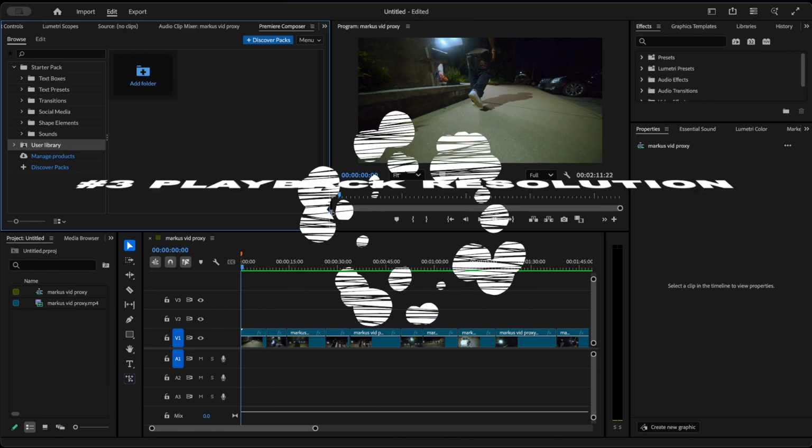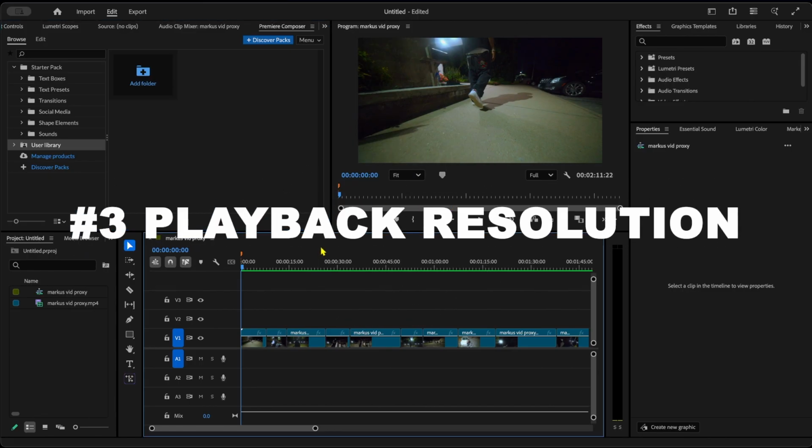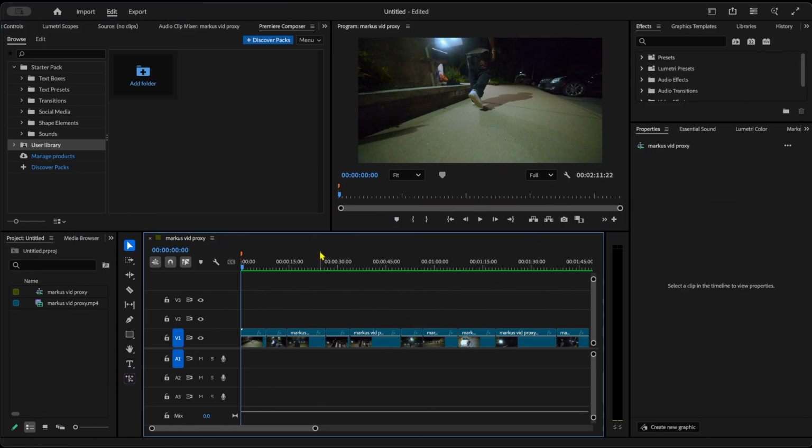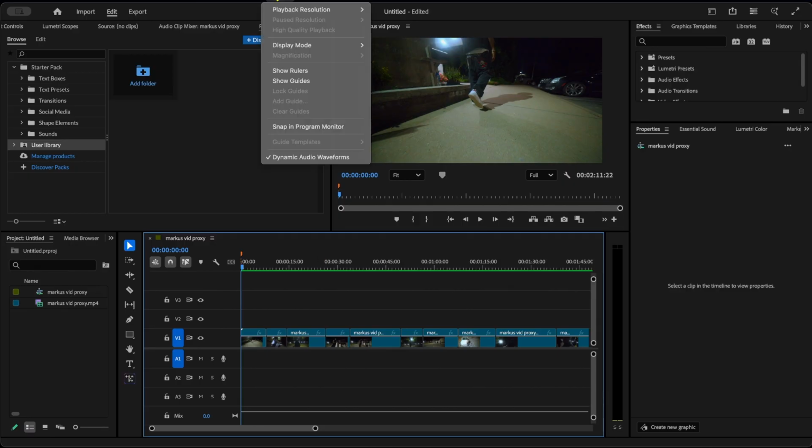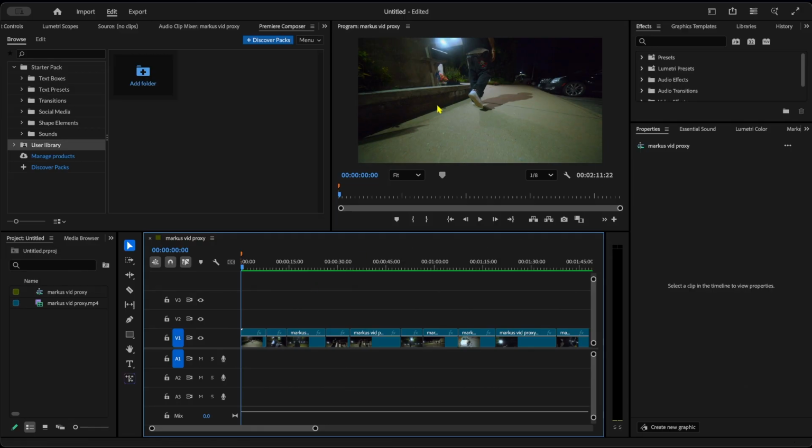Tip number 3, playback resolution. It could be crucial when it comes to your workflow. It could slow you down a lot. First thing you would do is go to View, Playback Resolution, and it lets you drop it to 1/8, 1/4, 1/2, or even 1/16. I usually stay around 1/8. It cuts down some of the quality, but the cool part about it is you can edit your whole video